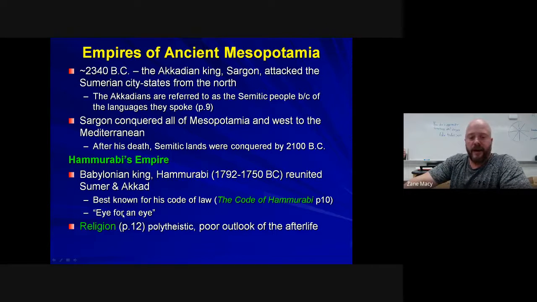If you ever hear an eye for an eye, a tooth for a tooth, well, that's basically what his laws broke down into. If you did something to cause another person the loss of sight in their left eye, your left eye would be gouged out. Now, that's a very basic, very simplified version of his legal code, but that's the way that it went.